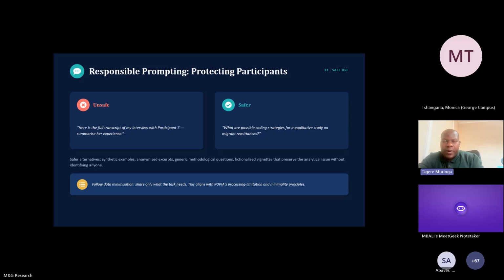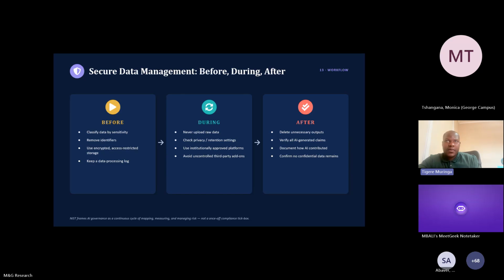Right. So what are we saying? We're saying beyond the anonymization of that data, we actually need to have secure data management before, during, and after AI use. So we need a data management framework for researchers. By now, universities and institutions ought to have come up with this, right? We're saying before the analysis, before the research,